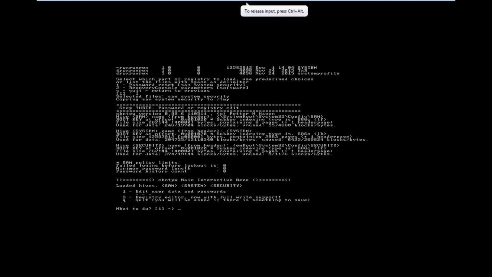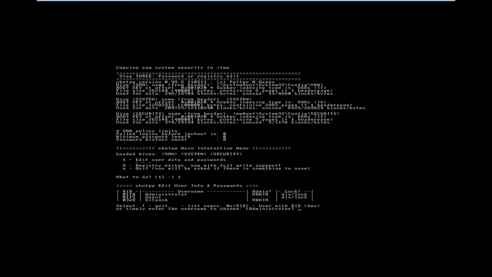So what to do? I press 1 because I need to edit the username and password of the system. And understand, my password is 1. My password is 1, the numeric 1. Right? So I press 1 and it is asking me now